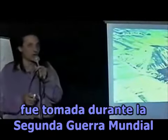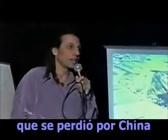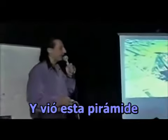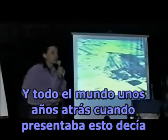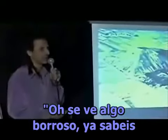Check out this picture. This was taken during the Second World War by an American pilot that was lost over China. And he saw this pyramid. And he took a picture. And he brought it back home. He survived the whole thing and brought the picture back home. And everybody, a few years ago when I would present that, people would say, oh, well, that one is iffy, this could be a